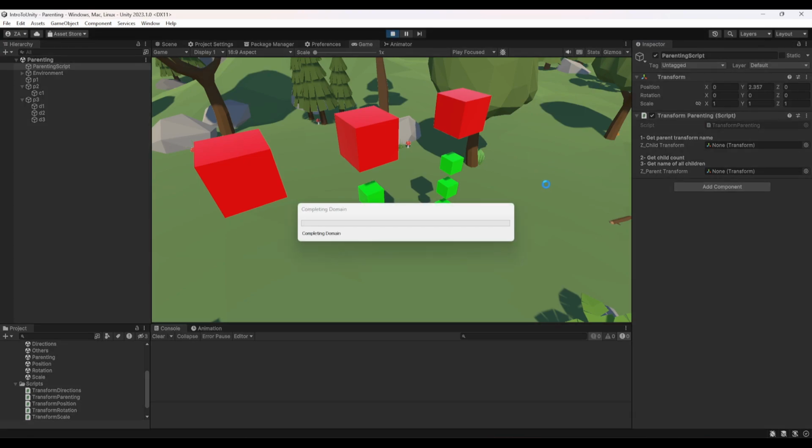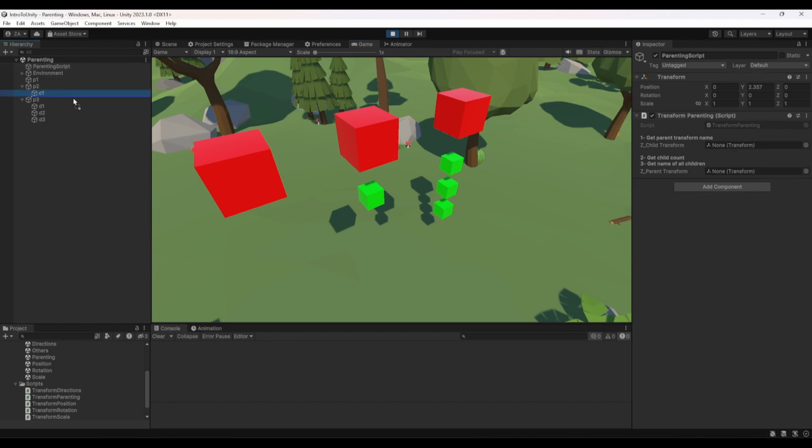Let's click play. First of all, we need to have a reference to a child transform. So if we select C1, because it's the child of P2, and click 1, you will see C1 parent.name is P2, which is correct. If you select D2 and click 1, it will say D2 parent name equals P3, which is exactly correct. While if you select a game object or transform that doesn't have a parent, you will get a